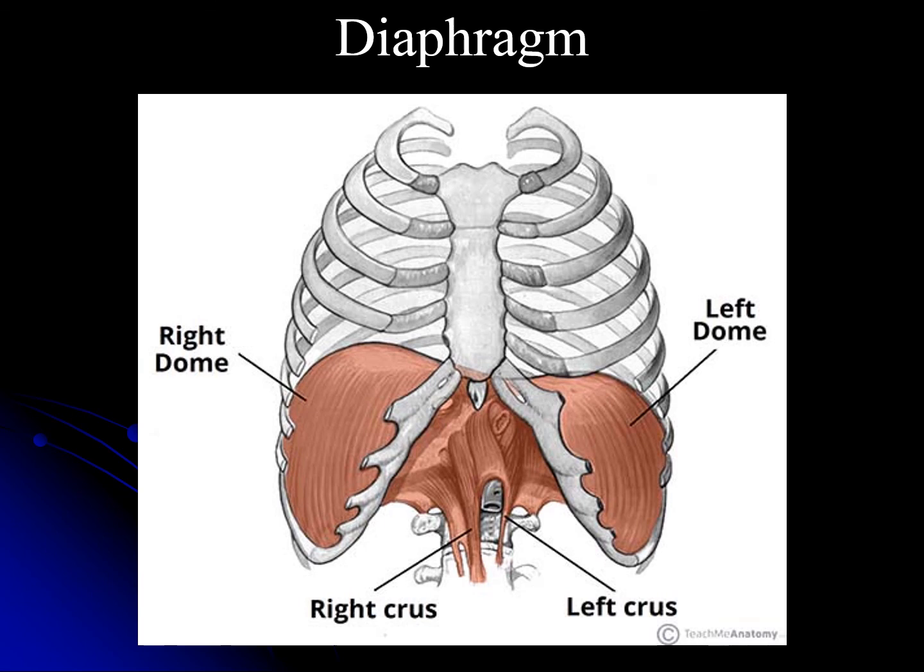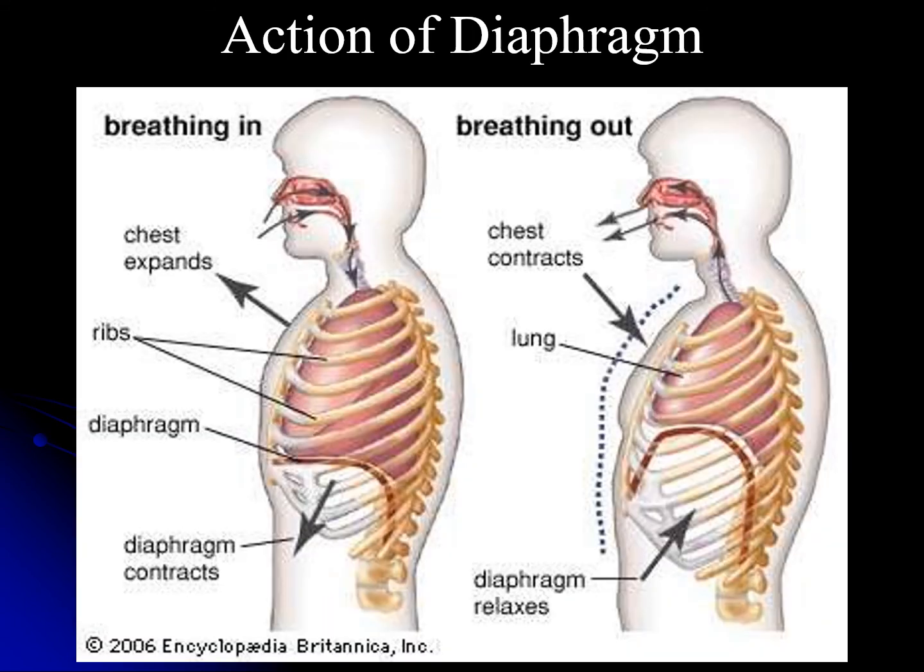So now we can look at the diaphragm. This is the diaphragm. It is attached by a central tendon, and these are known as the right and left domes. When inspiration is taking place, you can see the dome of the diaphragm descends, and as they are breathing out, in expiration, the dome of the diaphragm goes back to its normal position. So in inspiration the diaphragm descends, and in expiration it ascends and goes to its normal position.